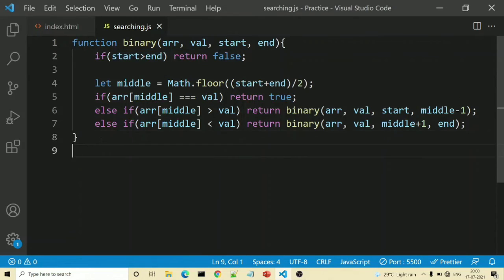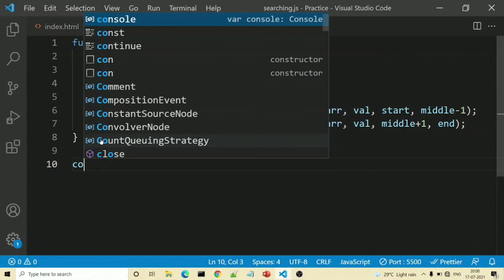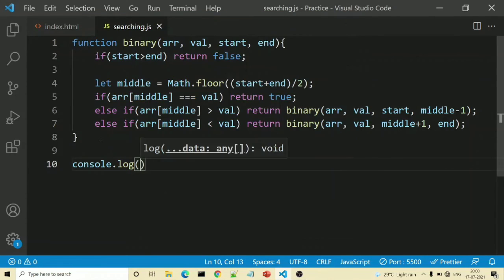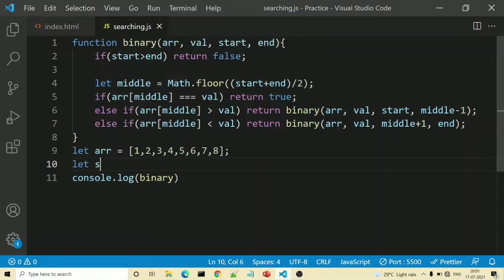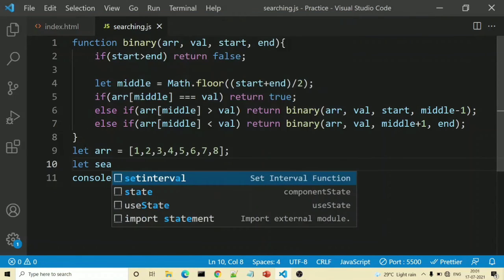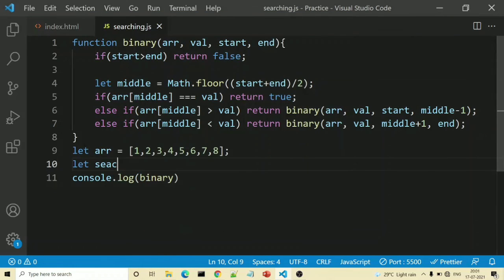Now we just need to call our binary function. So we will write console.log and call our binary function, and there we need to pass these 4 values. For that we will write let arr is equal to, in brackets, 1, 2, 3, 4, 5, 6, 7, 8, and let search key is equal to 5.